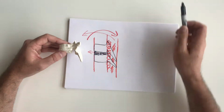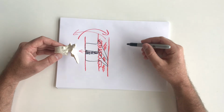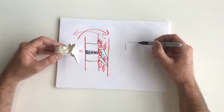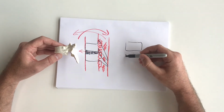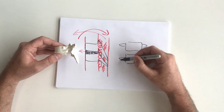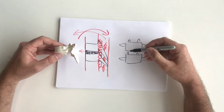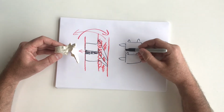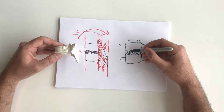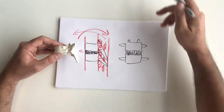Now, if I draw the vertebrae from the front view to help capture that intertransverse ligament, we would see a vertebrae from the front view looking something like this. You've got the transverse processes sticking out the side. You might have the facets up the top, something like that. And the bottom, you see these two come together. The intervertebral disc would again be between. Right, if I draw my intertransverse ligament, it would go between the transverse process